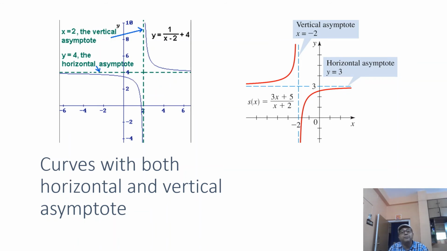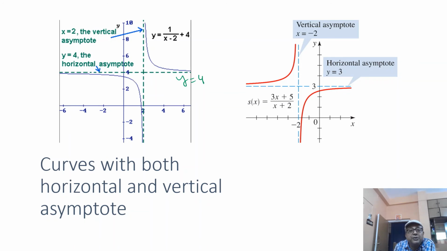Say we have taken this one, that y equal to 1 by x minus 2. When x is tending to infinity, y is tending to 4. This is the case where y is a constant when x is tending to a. This time there will be a horizontal asymptote y equal to 4. And this limit is tending to infinity when x is equal to 2. So x equal to 2 is the vertical asymptote over there.